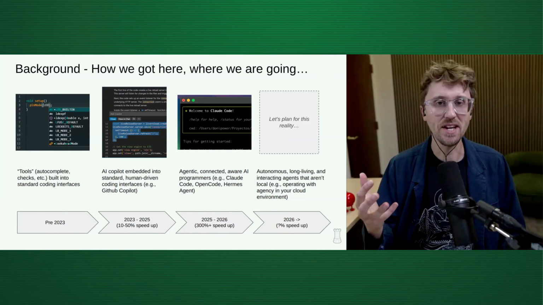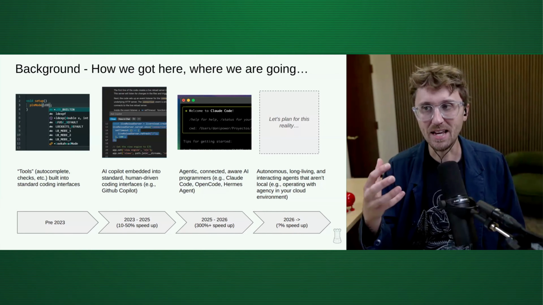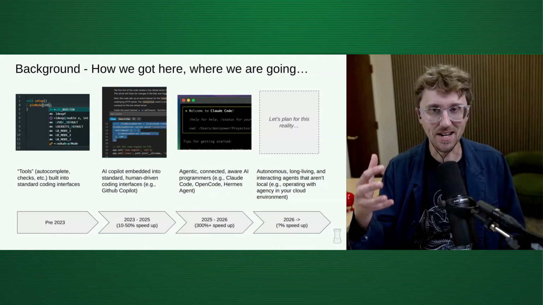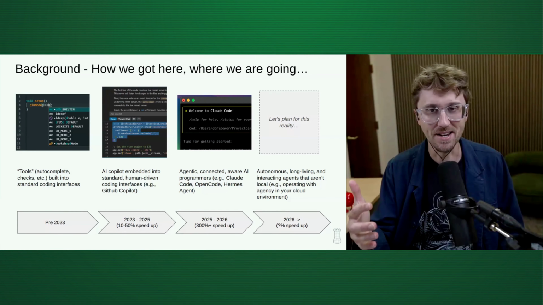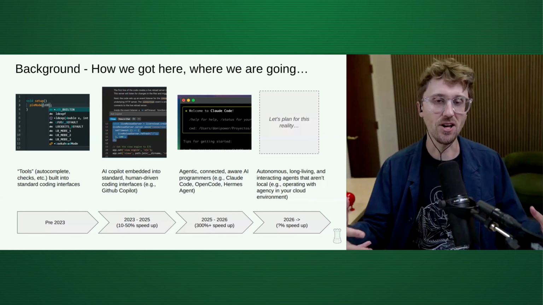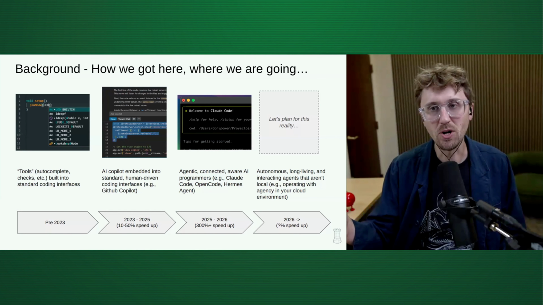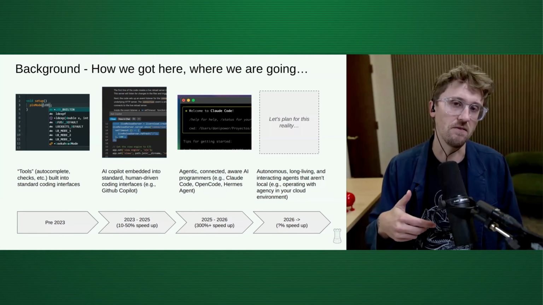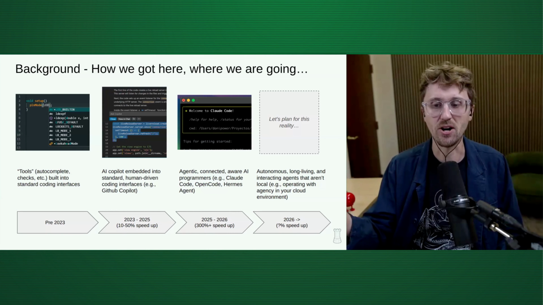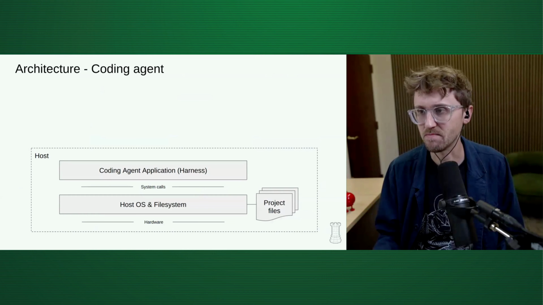So that's really what I'm going to be talking about today. It will be applicable to the phase we're in immediately, everyone using Claude Code or Open Code and vibe coding, but we'll really be looking forward towards this next phase of real autonomy and action, long-lived agents in your infrastructure.